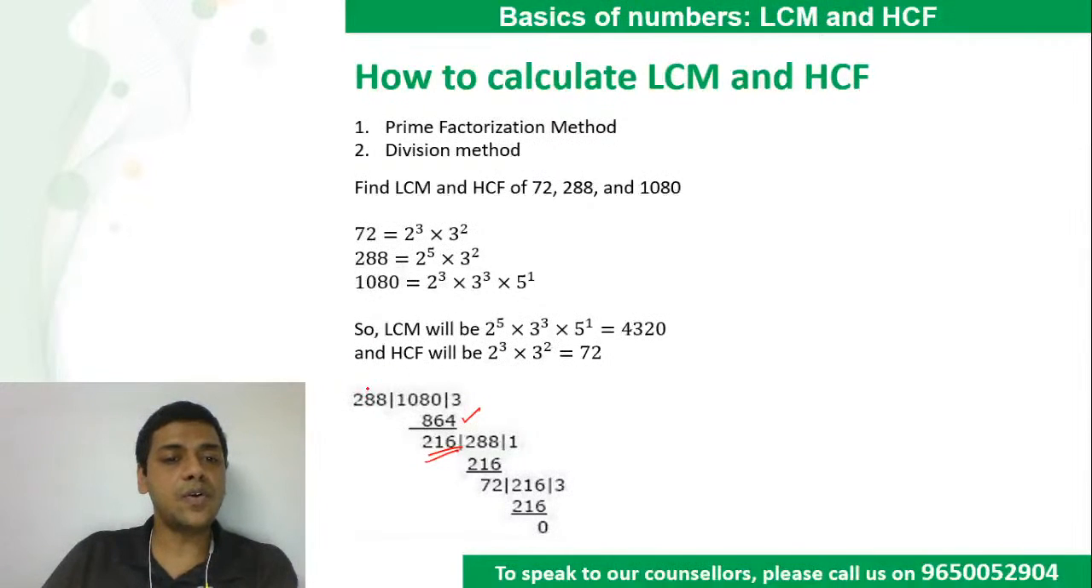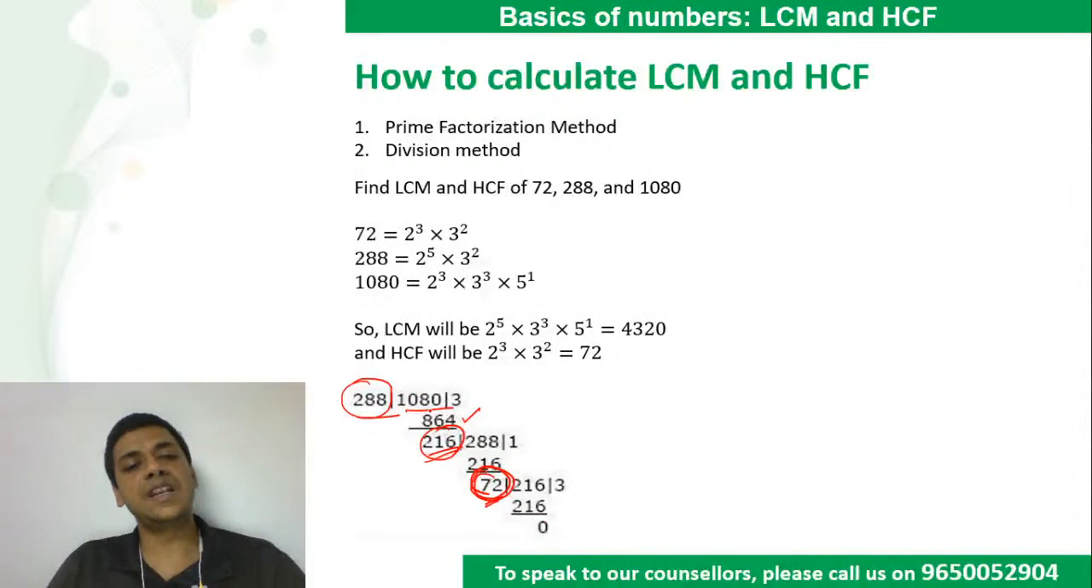Now I will divide my previous divisor with the new remainder. Again, I get a remainder of 72. Now I divide the previous divisor with the remainder, and it completely divides. So the last divisor will be my HCF. So 72 is the HCF of